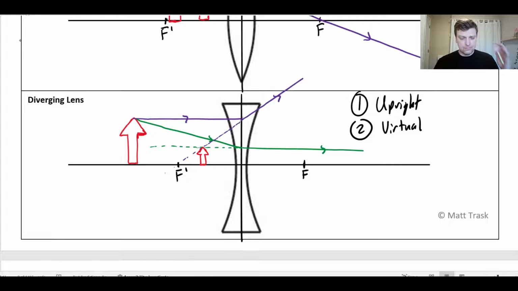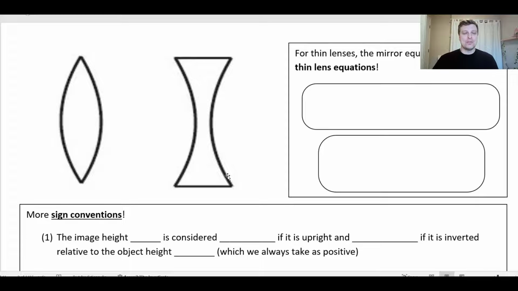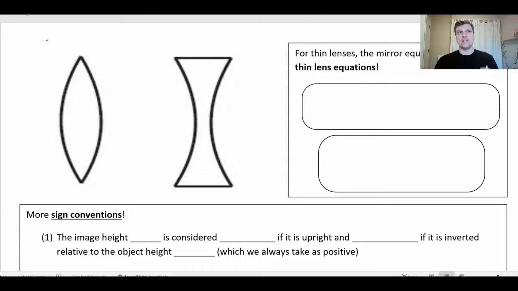Okay, so a couple of things about lenses now that we can draw the diagram. So let's just stop and think for a second. Why do these lenses create the results that we see? So why is a converging lens a converging lens? And why is a diverging lens a diverging lens? Well, imagine if a ray of light comes along here and hits this first. And again, this is my